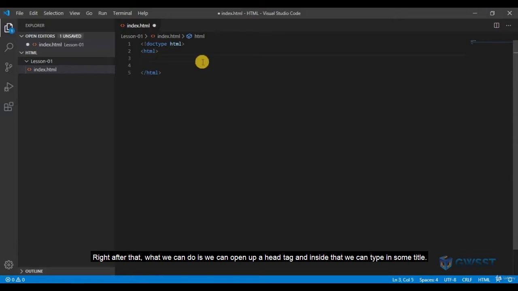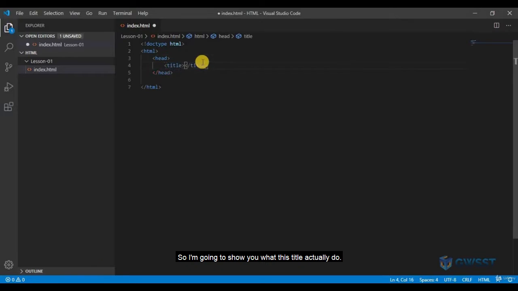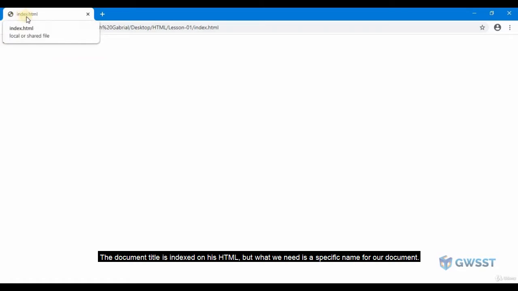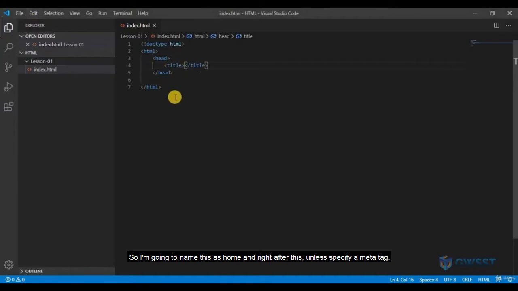Right after that, we can open up a head tag, and inside that we can type in some title. I'm going to show you what this title actually does, so let me go back to the browser and show you what's happening. You can see that right now the document title says index.html, but what we need is a specific name for our document. So I'm going to name this home,